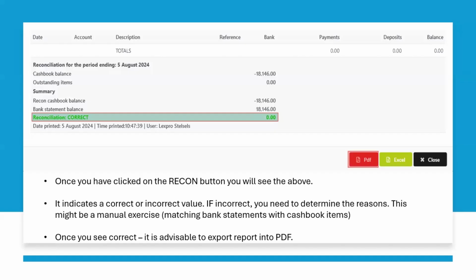The reason why I'm saying this is when you look at your figures, when you look at a trial balance and you look at the cash book figure that the system presents you, it includes any item on the cash book. So if I've posted 2 receipts in the value of 1 million rand each incorrectly, the reconciliation will tell me there's 2 items I can't find.